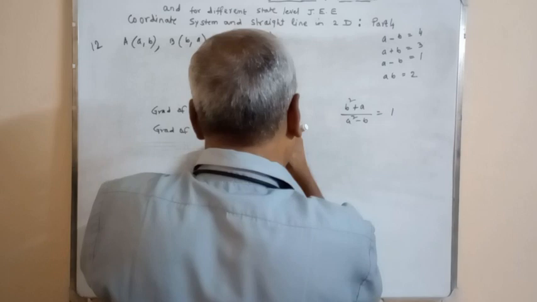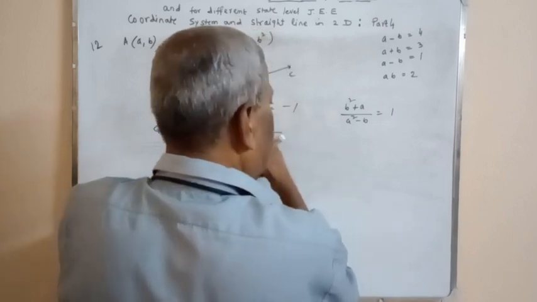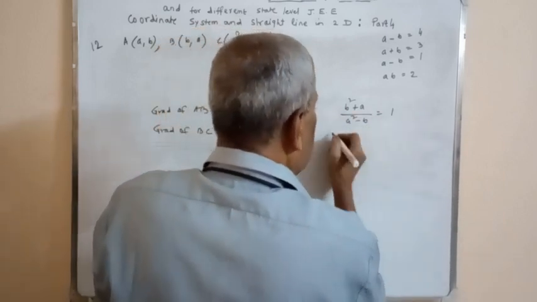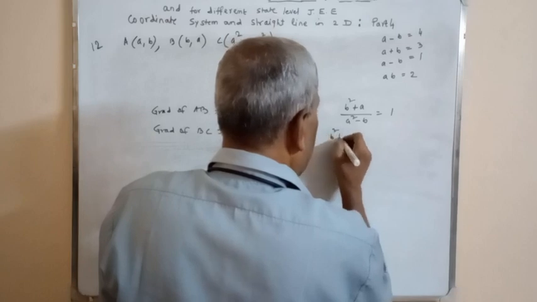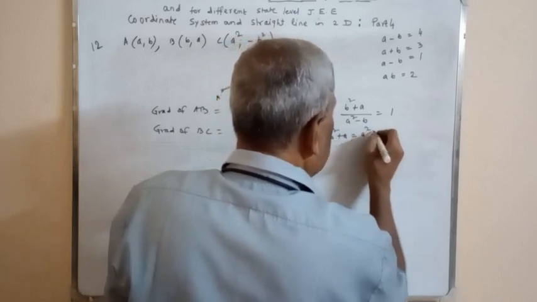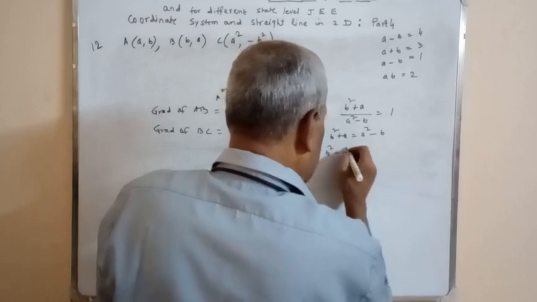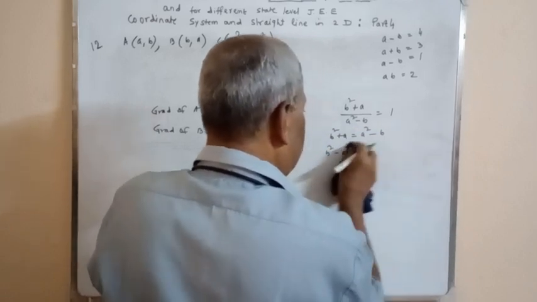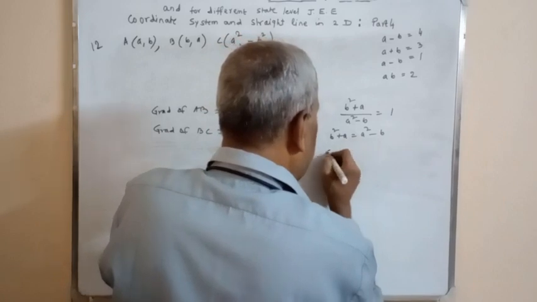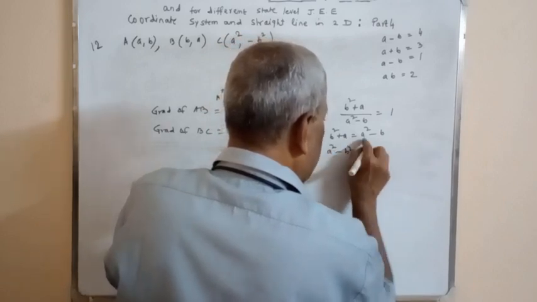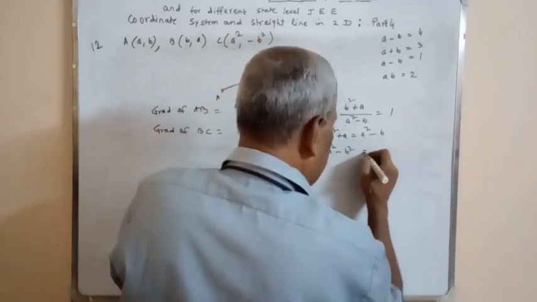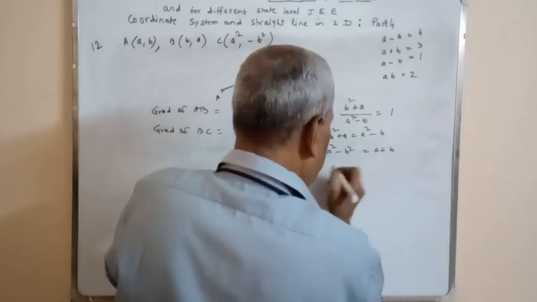I cancel the negative from this and that. By cross multiplication, b square plus a is equal to a square minus b. So b square minus a square, another, a square minus b square is equal to a plus